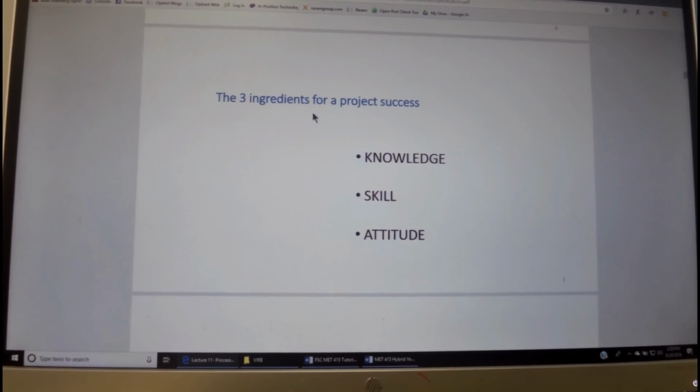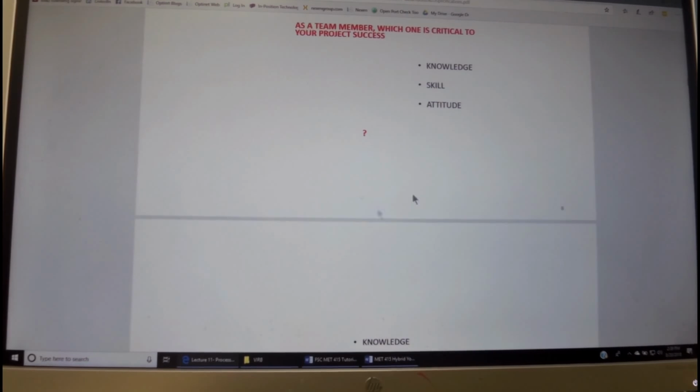The ingredients of project process success depend on knowledge, on skill, and on attitude. Knowledge pretty much is the know-how that we learn throughout our career. Skill is the hands-on experience that we have, and attitude is the characteristic which we bring into the project as a team member.